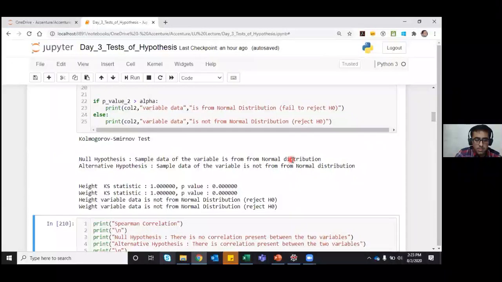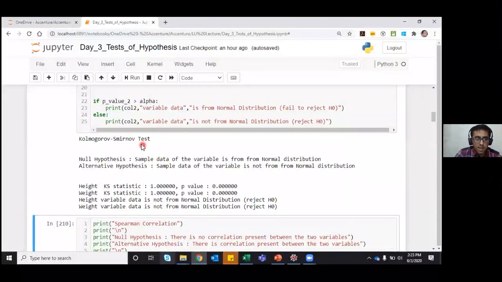Because our p-value is less than 0.05, we get the statement that the height variable data is not from a normal distribution, and we reject the null hypothesis.